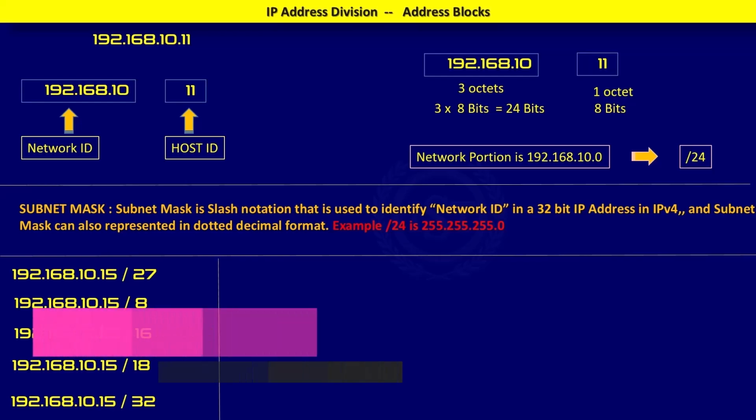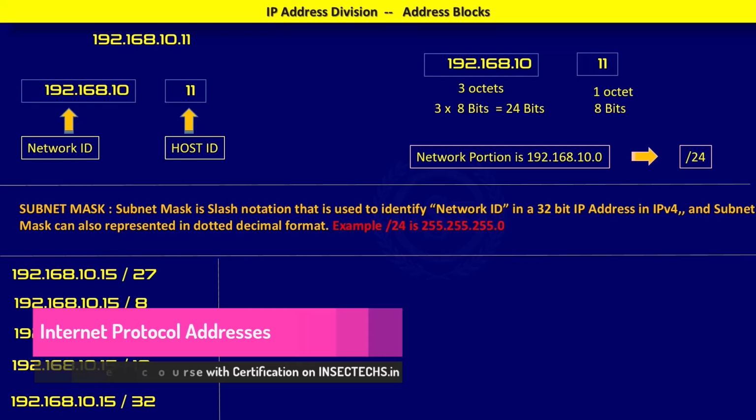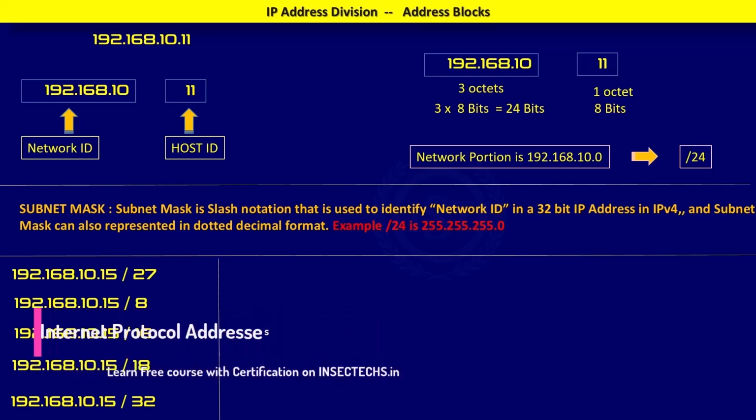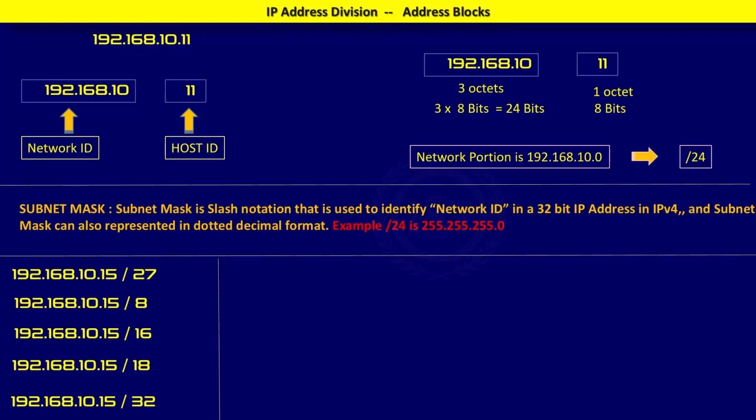Can you identify which of these notations are correct? Pause the video, take a time and tell which of these slash notations are correct. All are correct, including the last /32. So let me take the example of the first IP address, which is